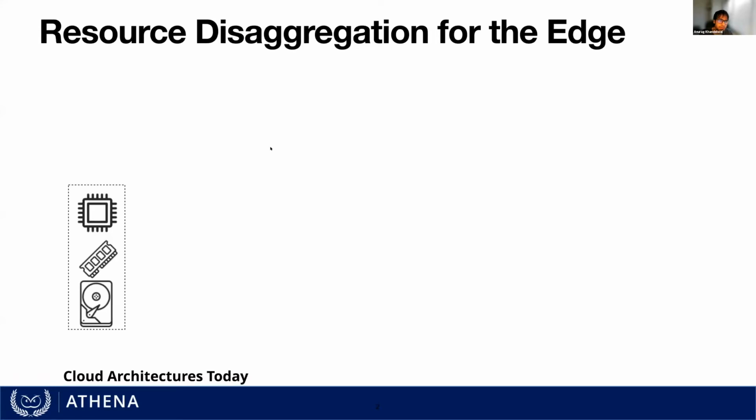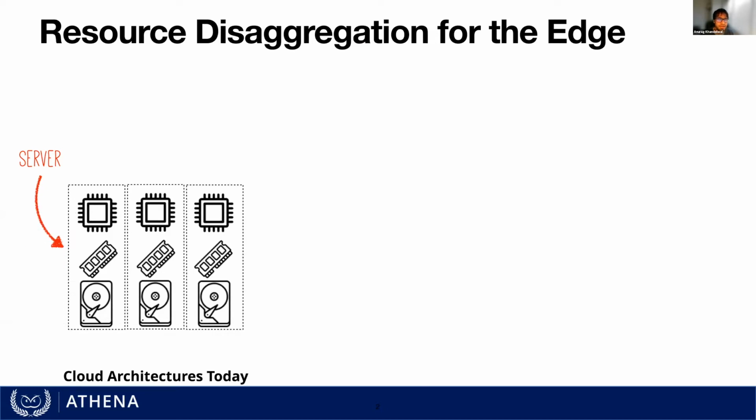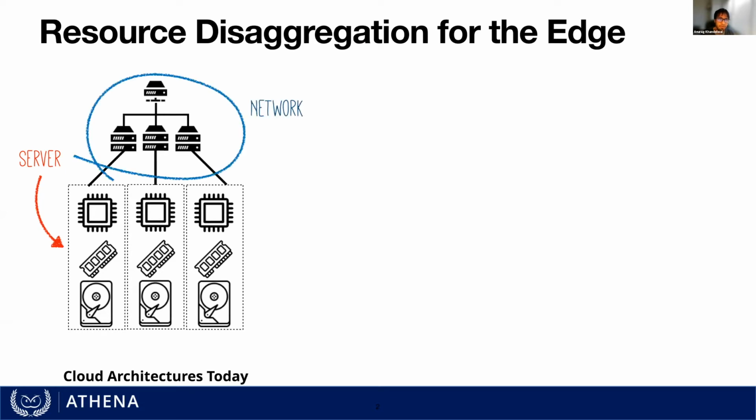If you look at traditional warehouse scale data centers that are typically employed by cloud providers like Google and Microsoft, they're typically comprised of building blocks called servers, which we are all familiar with. And these servers are comprised of compute, memory, and storage units, right? And these warehouse data centers will employ tens of thousands to even millions of servers connected by a network fabric, right? Now,